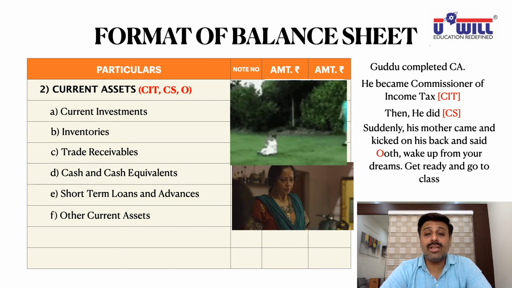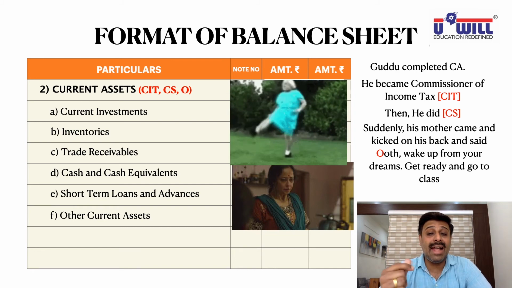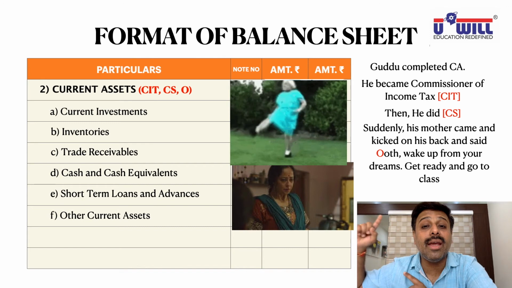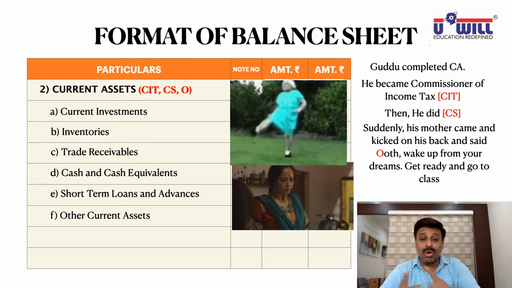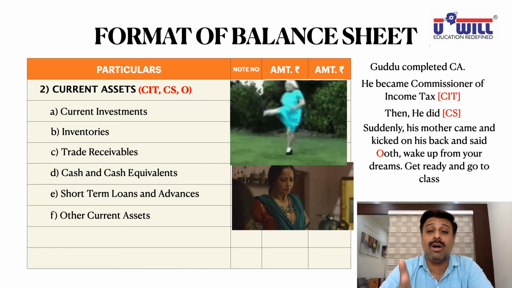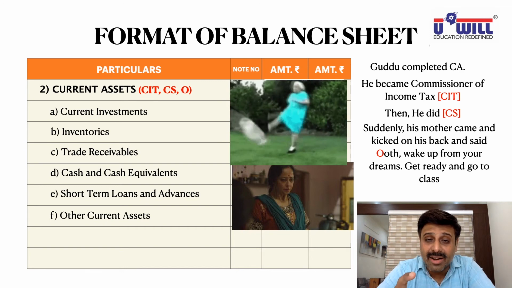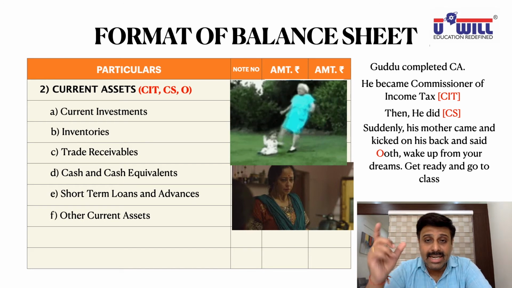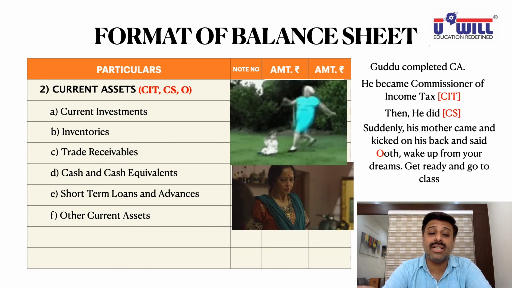Other current assets will include, write down in bracket, outstanding income, prepaid expenses. Because current was also once non-current. Whatever we have seen in the previous slide in non-current assets, underwriting commission, discount on debentures, preliminary expenses, in the last year of their benefit, writing off, will be written in other current assets. If debentures are for 5 years, then debenture discount for 4 years will come in other non-current assets. In the 5th year, the same debenture discount will come in other current assets.